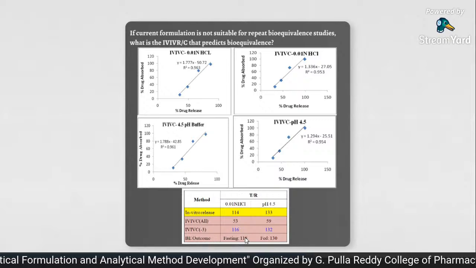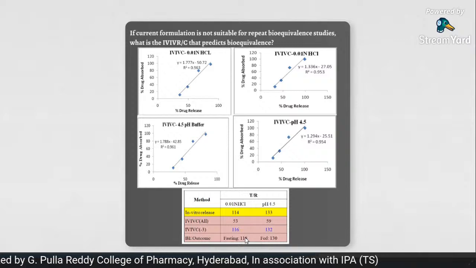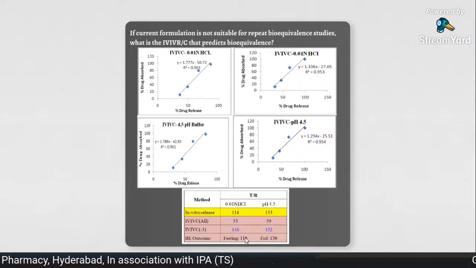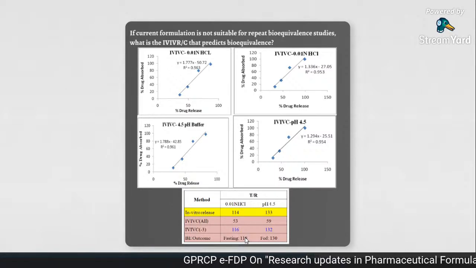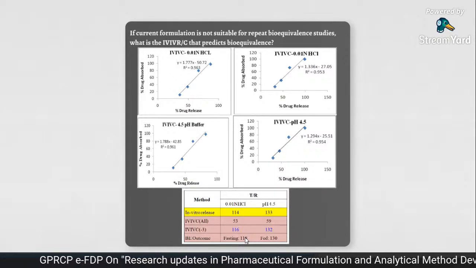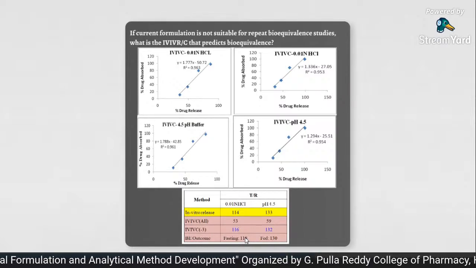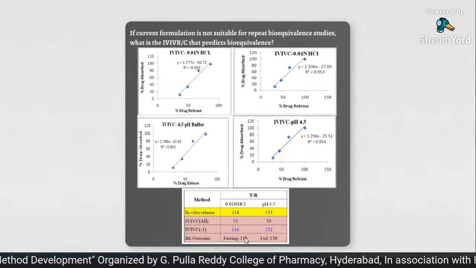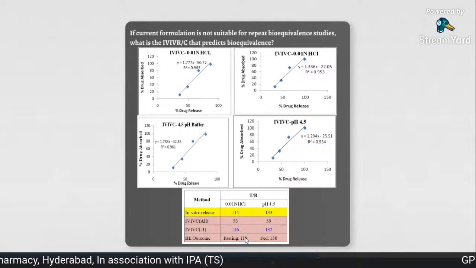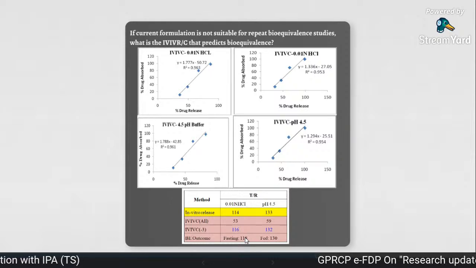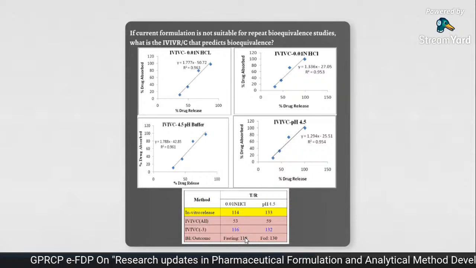Then subsequently, we made a few changes in the formulation, and again we did the dissolution kinetics and IVIVC, both, in 0.1 normal HCl and 4.5 pH. When we did the IVIVC and dissolution kinetics, the prediction was 100 in 0.1 normal HCl, and 1 or 2 in pH 4.5 buffer. And we got the same results in the actual pivotal bioequivalence study. Of course, 3 more bio exhibit batches we fabricated, and we got 100 and 1 or 2. The same, 100%, is our accuracy in prediction.